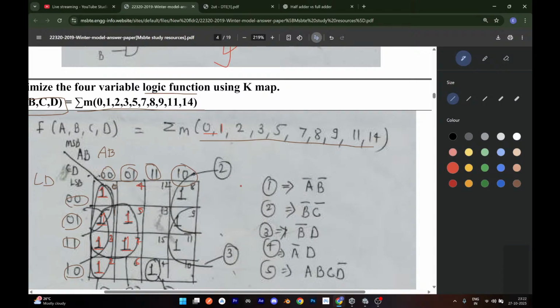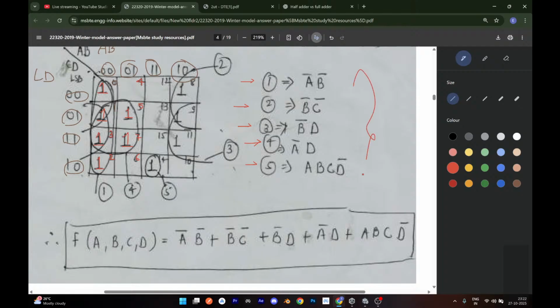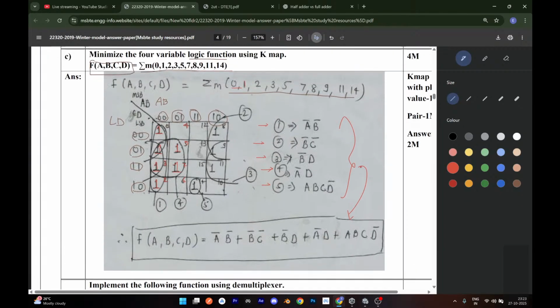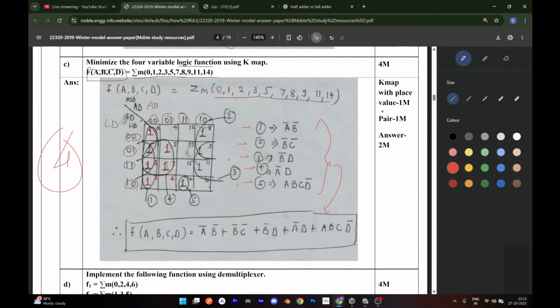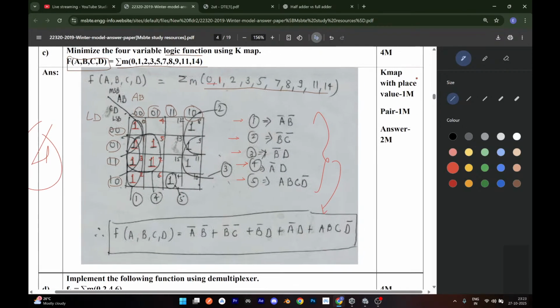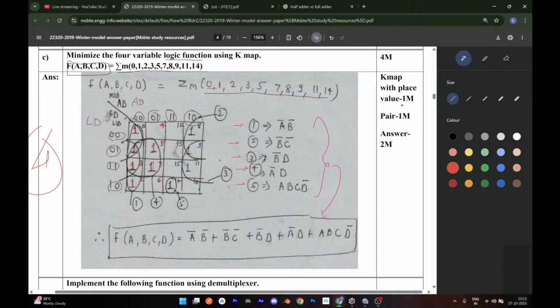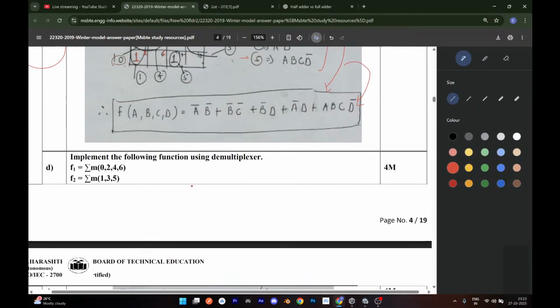After this, what are we doing? We are writing the equations from this K-map. And we are implementing all of those in our equation, nothing else. This was initially for 4 marks. Yeah guys, मतलब हमने इतना ही किया. So how are things bifurcated here? The K-map is for 1 mark, okay. Second, to make the pairs, and third, to write the answer in a proper structured manner. Okay. After that,